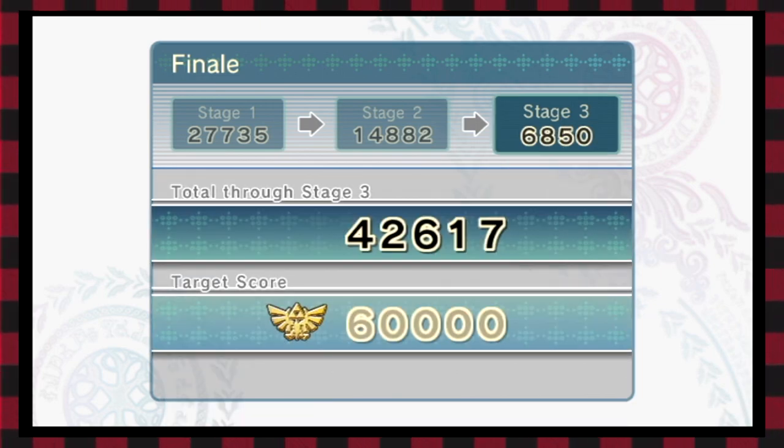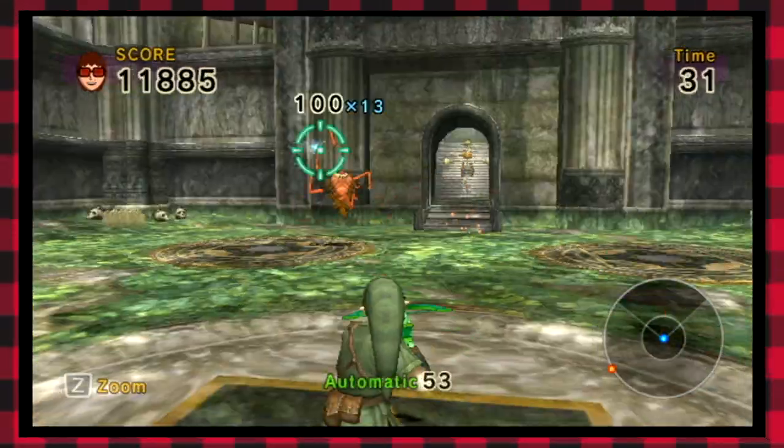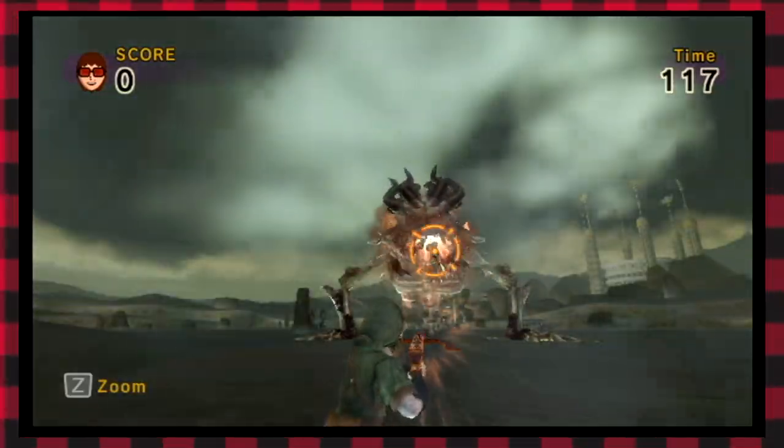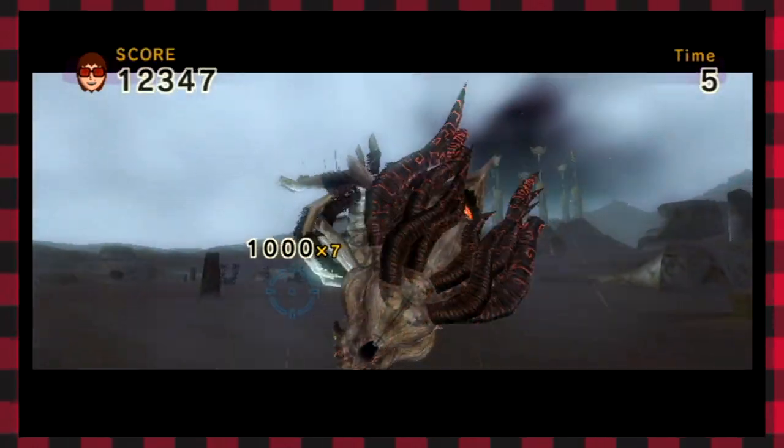Or you can just run out of time, which just means you gotta play through the whole level again. Whoops. But here we are again, back at the final boss, and after hitting its weak point and landing the final combo...